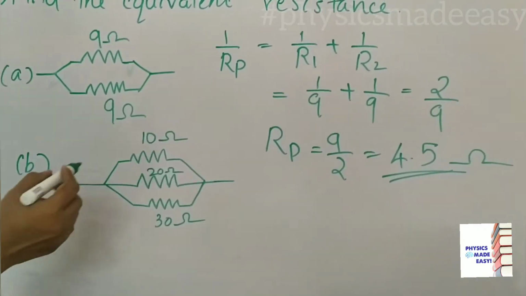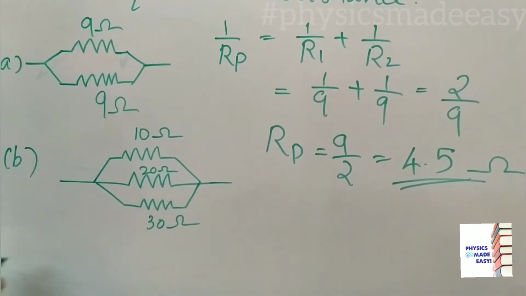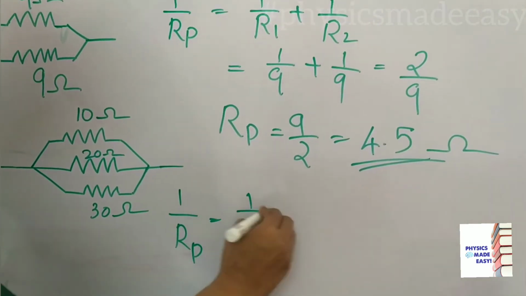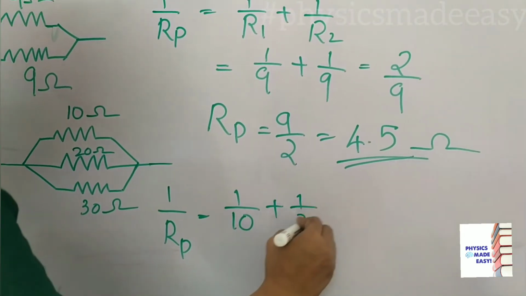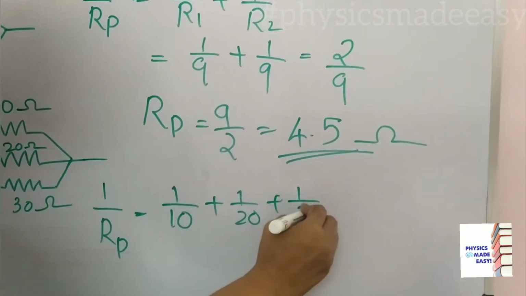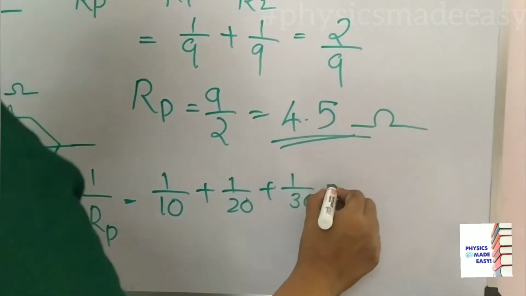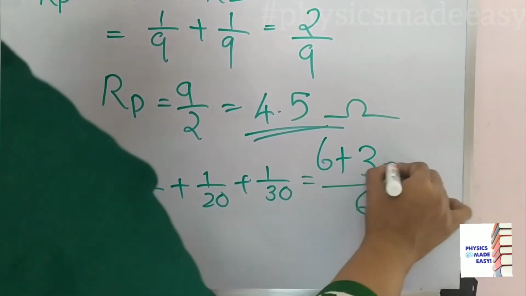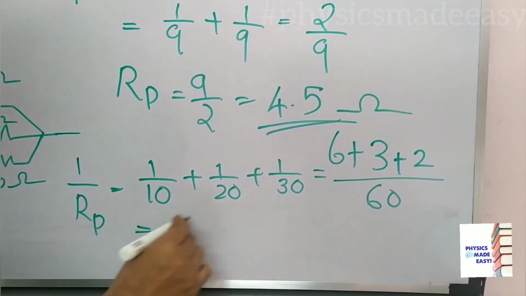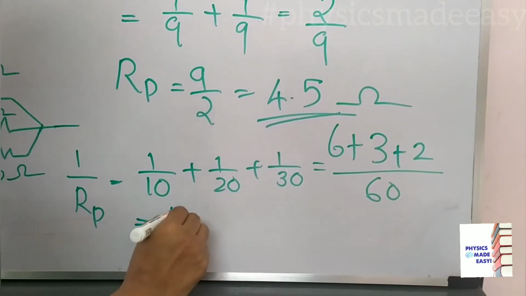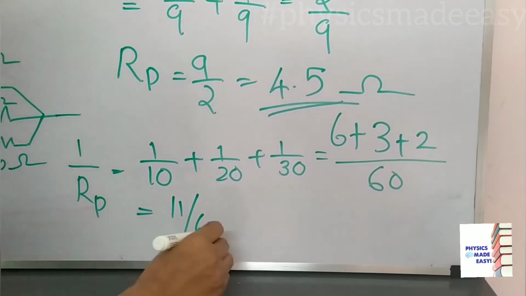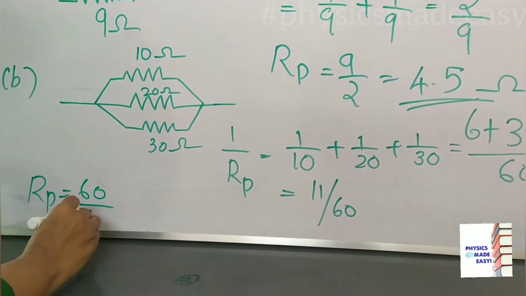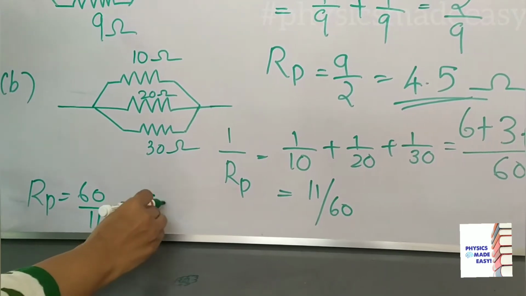Then the next one you can see R1 10 ohm, R2 20 ohm, R3 30 ohm. How to find? 1 by Rp is equal to 1 by 10 plus 1 by 20 plus 1 divided by 30. We can take LCM, that is 60. Then 6 plus 3 plus 2. So this value will be 11 divided by 60. Then from this you can write Rp is equal to 60 divided by 11. That will be 5.4